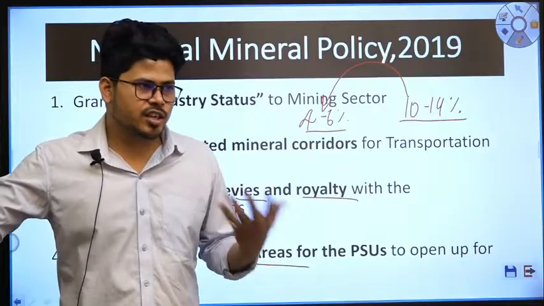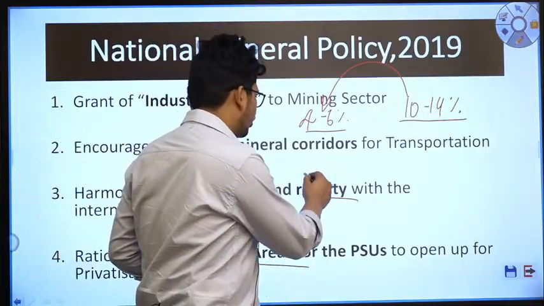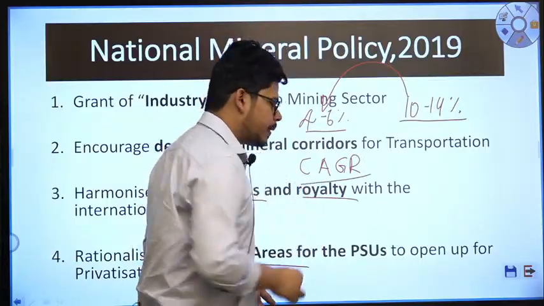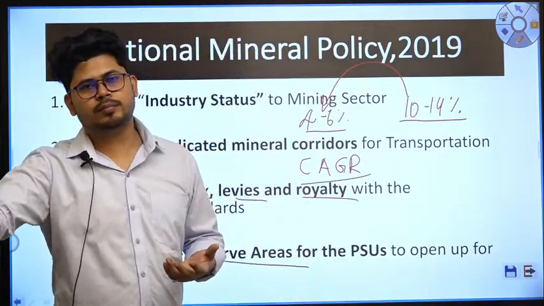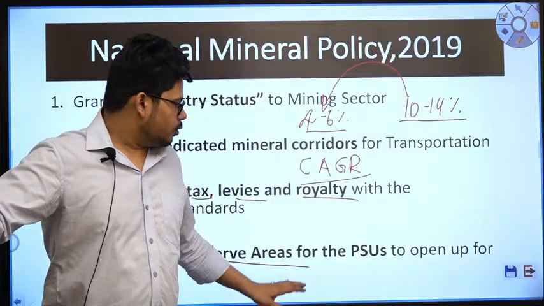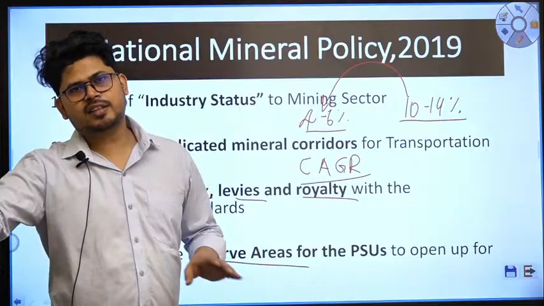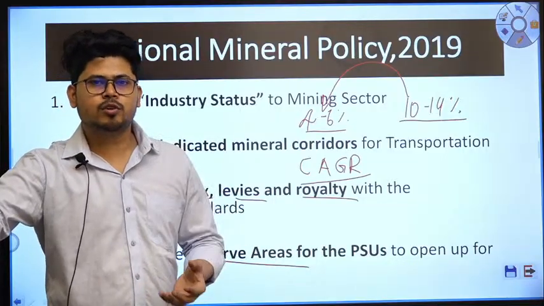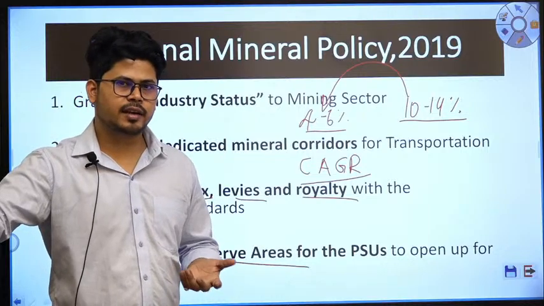What we call CAGR, compounded annual growth rate, the annual growth rate of the mining sector has been stagnant over time, because most of the mining was concentrated in the hands of public sector units, due to which the technological advancements did not take place in the mining sector, and hence